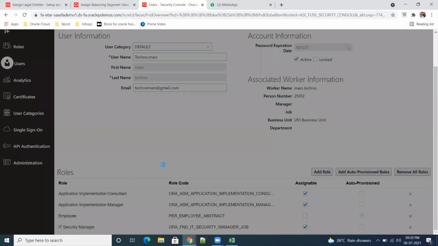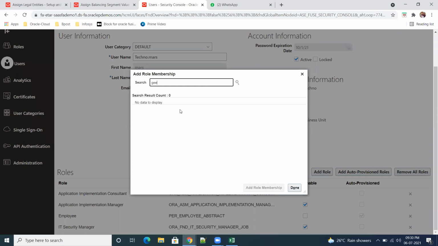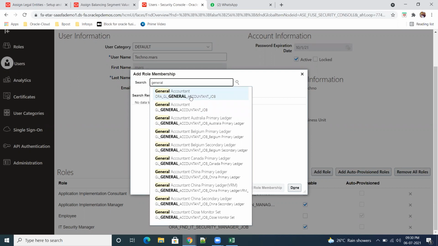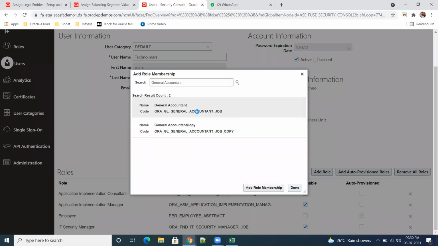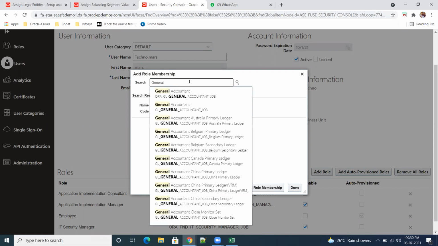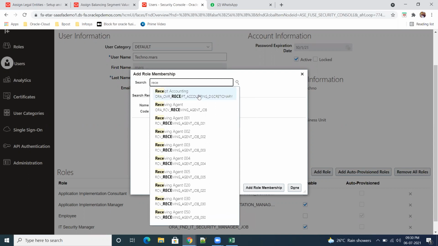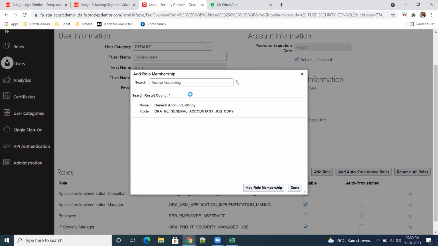Okay, so add a role. Now general accountant. So always you go for ORA. And any accounting, anything is there here? Nothing. So next, receipt accounting is also ORA.